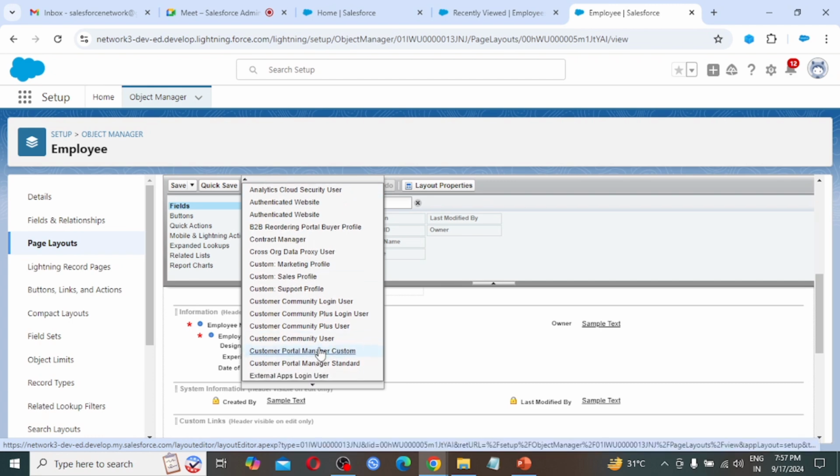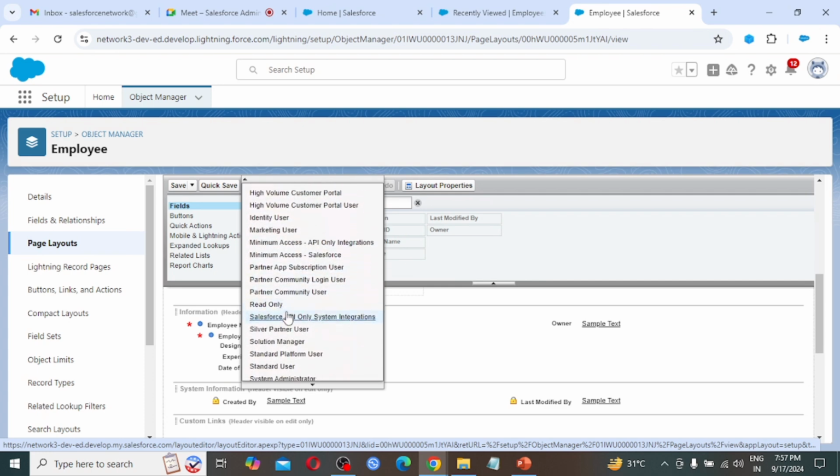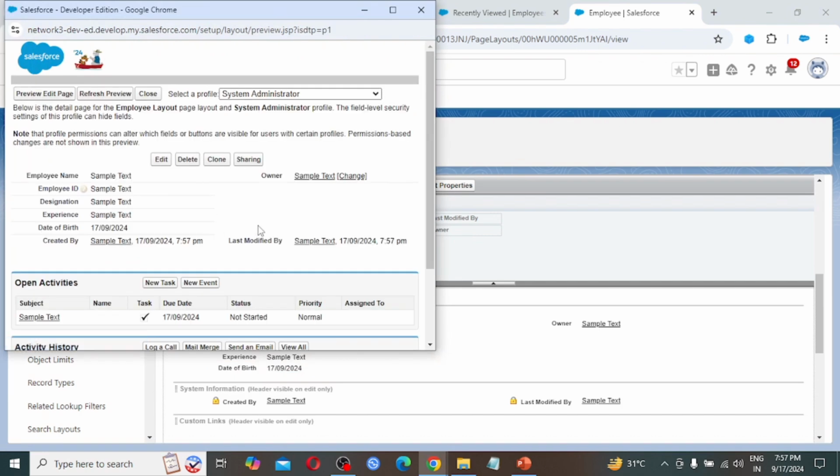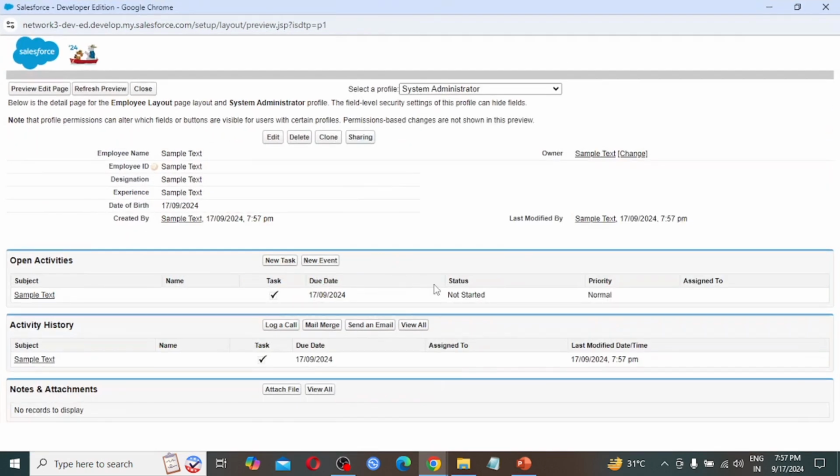Also here it is saying that, so see, here we are able to see as a system administrator, employee name is there, employee ID is there, designation is there, experience is there, date of birth, and by default these fields are also coming over here.